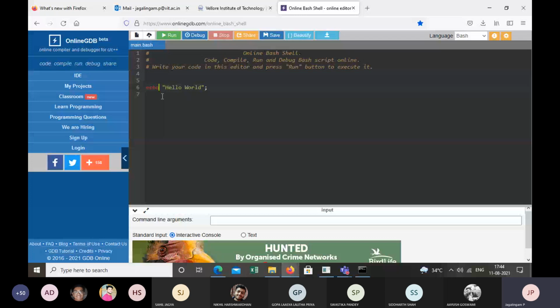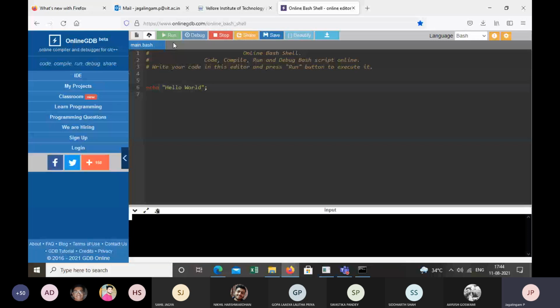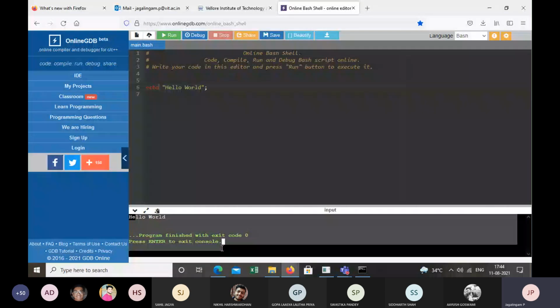Can you see this? Bottom is a console window. In the console window, you will see the output, and the above is a shell. You have multiple lines, right? 1, 2, 3, 4. This screen is called the shell, bash shell. We, the user, interact with this. The shell takes some command and executes it for the user. Okay, fine.